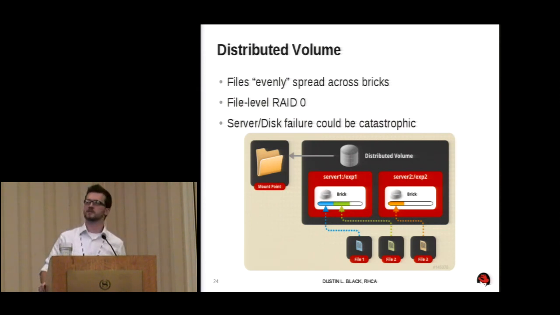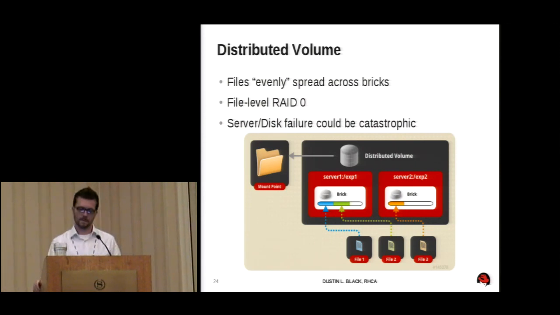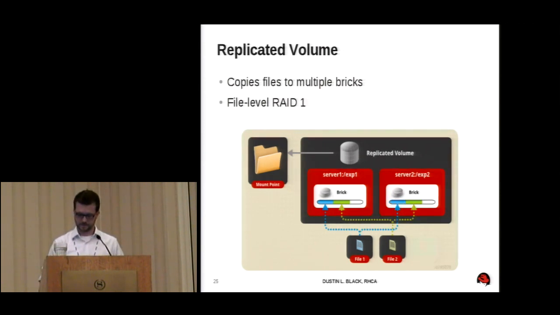Now granted, evenly is going to be a relative term because it's all going to depend on what kind of files you're writing, different sizes of files, different types of files. But it's going to do its best by default to spread these across. So you can see in this example here, when a file is written, you see file 1 getting written to server 1, and this example shows file 2 to server 1, export 1, and file 3 is going to the other brick. Keep in mind that we're looking at things at the brick level. In this case, we have one server with one brick, but this can get a lot more complicated. But we want to understand that the pieces that make up the distributed volume are the bricks themselves.